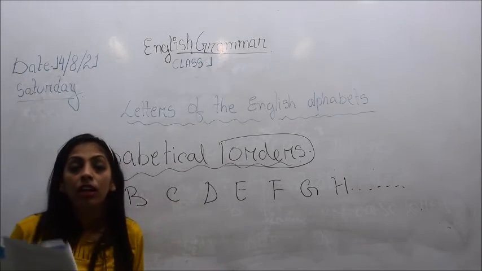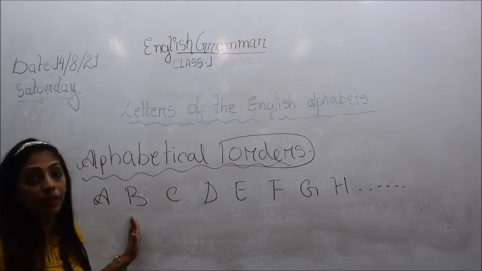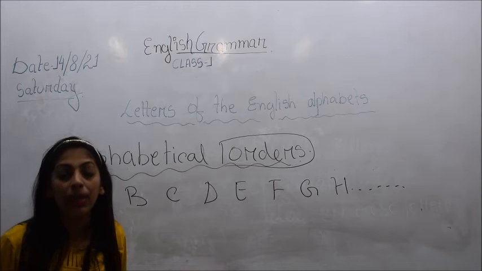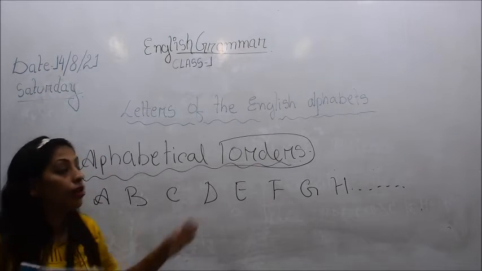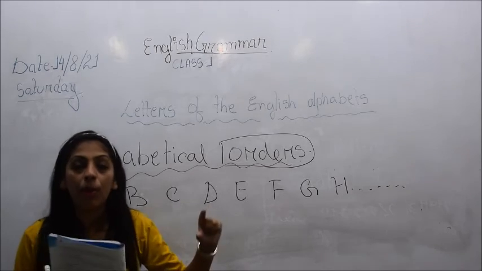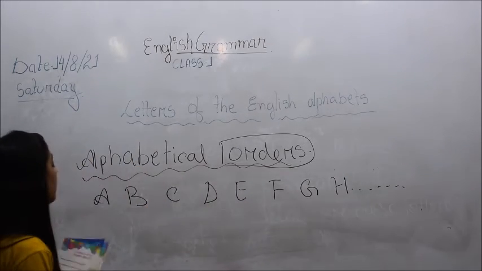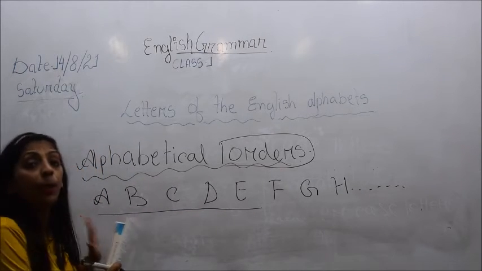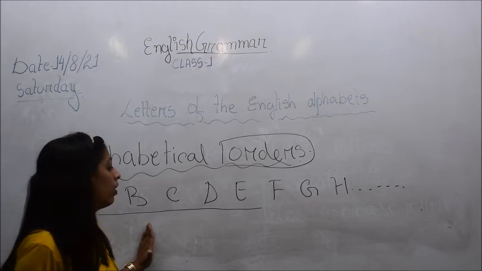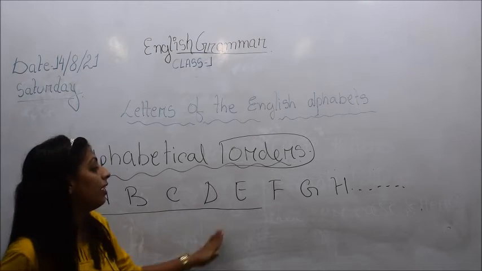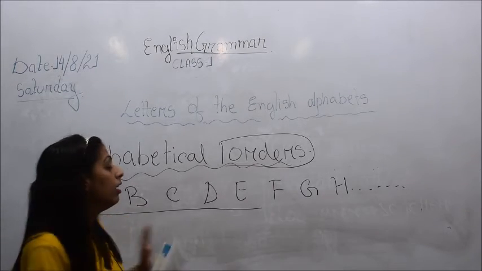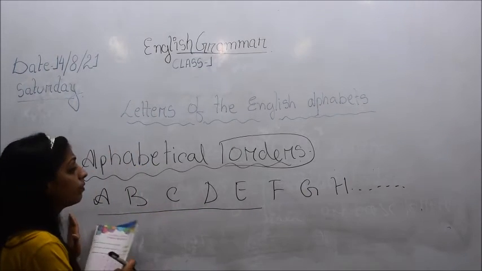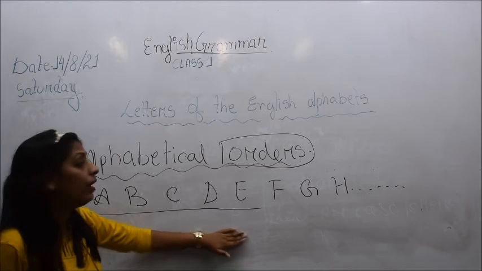It's not that one is here at the very beginning, B comes and then E, then F, and in between suddenly S appeared, not like that. Order means in a proper sequence, in a proper line, just like ABCD is arranged. It is so properly arranged that after A, B will always come. It's not like B is in the beginning, then D comes, then H, G, not that. As these English alphabets are arranged sequentially, in a proper line, that is called an order.